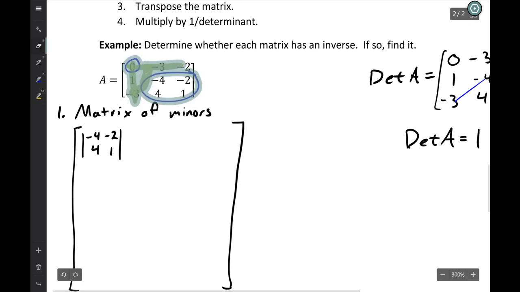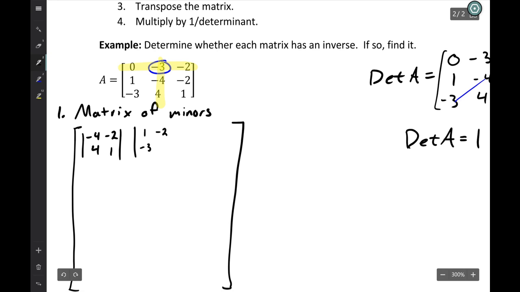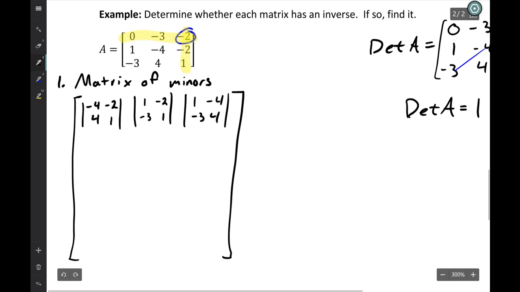Actually erase it. Okay, so the next one, start here. That gets rid of this column and this row. So it's the determinant of 1, -3, -2, 1. And then do the same thing again, except this time pick this one, get rid of this row and this column, and it becomes the determinant of 1, -4, -3, 4, like so. And then you're just going to keep going through and doing this, and you're going to end up with this